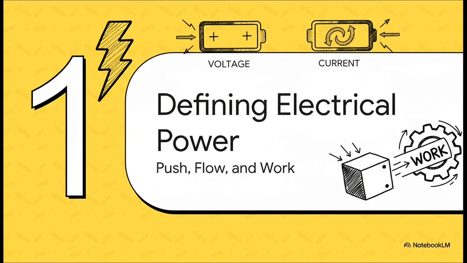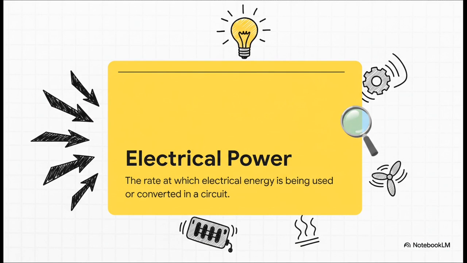All right, so to really get a grip on power, we have to build on what we already know. If you remember, we said voltage is the push and current is the flow. Well, power is what happens next. It's the result of all that action. It's the actual work that gets done. Now, the key word here, the one you really got to remember, is rate. Power isn't just about how much energy is used, it's about how fast it's being used. You can think of it as the intensity of the work being done, whether that's making light, creating heat, or